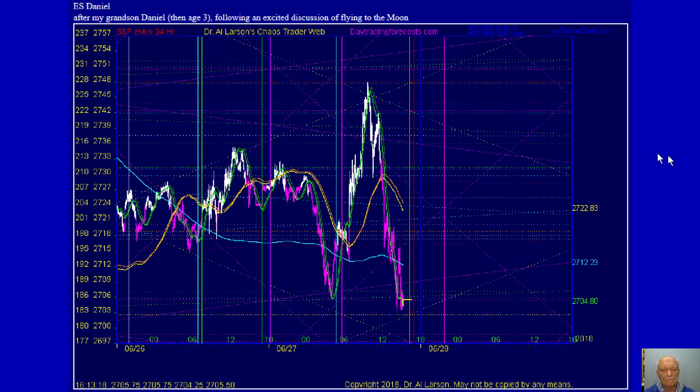in the world. Now, one thing that helps me is my Daniel chart, which is a very complex chart. I have a sanitized version on Day Trading Forecast. And in the evening email sent out on Tuesday, I noted that the moon could create some high volatility, and what I have learned is that on days when we have this purple line followed by this yellow line, we often get a high volatility. So the other thing that's on this,